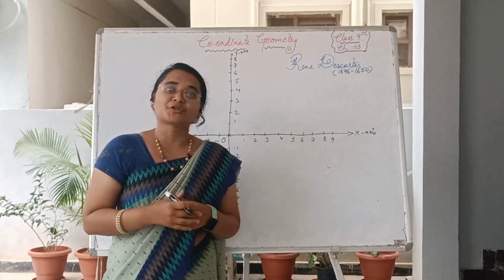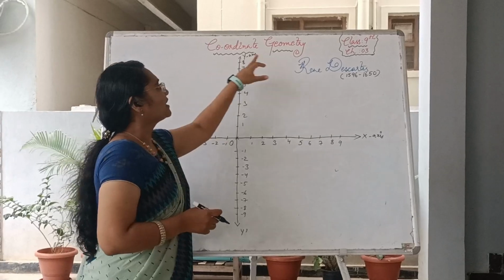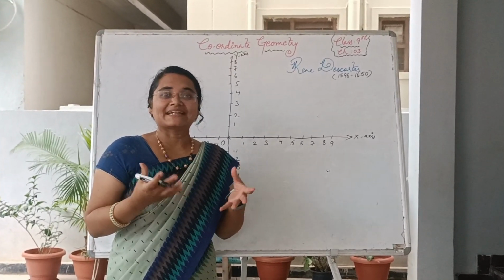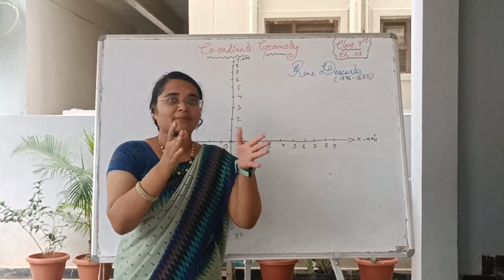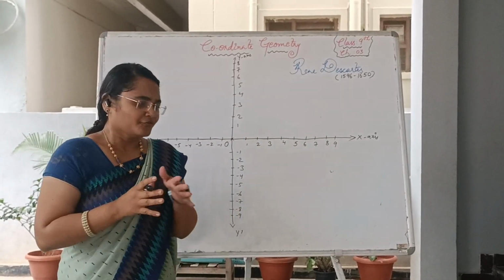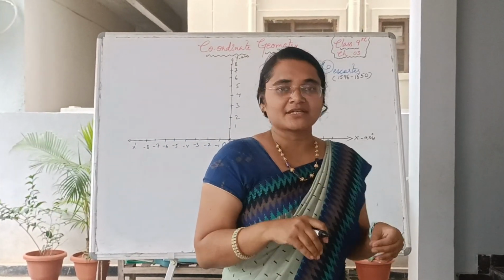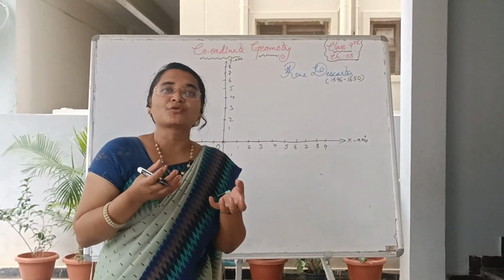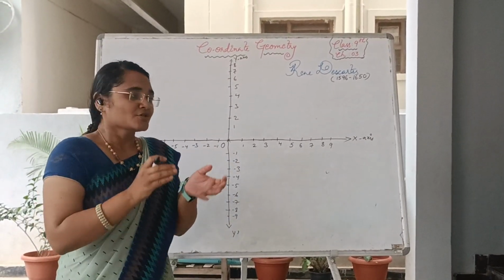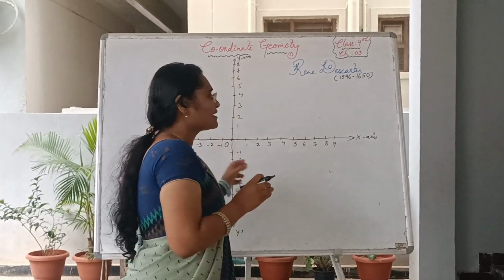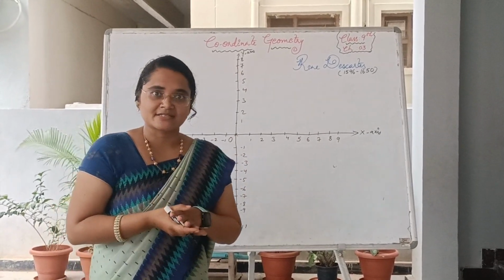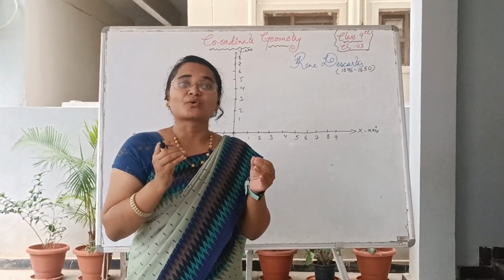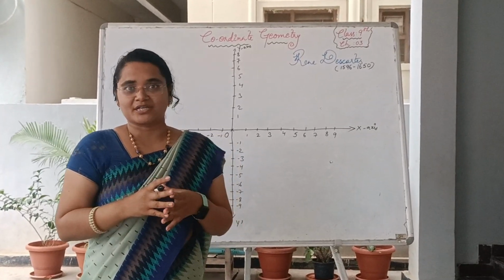Once again I got a new interesting topic, coordinate geometry. It determines or indicates the coordinates of a place or location. For example, I want to travel from here to London. The pilot wants to know the directions, the magnitude, the location. So then he uses the Cartesian plane coordinates. So this chapter is mainly used to locate places or locations.